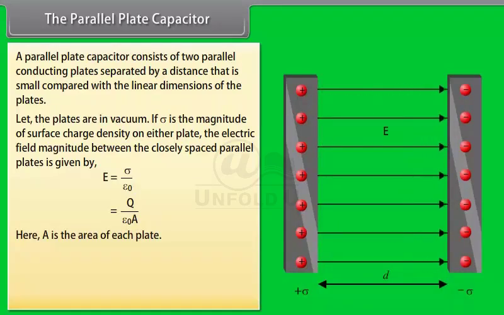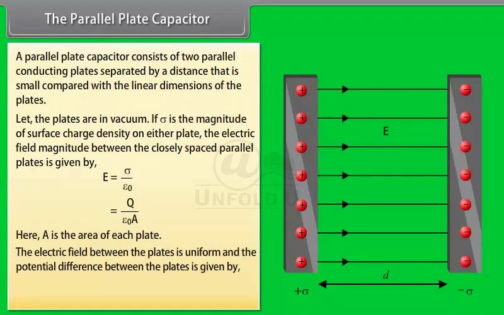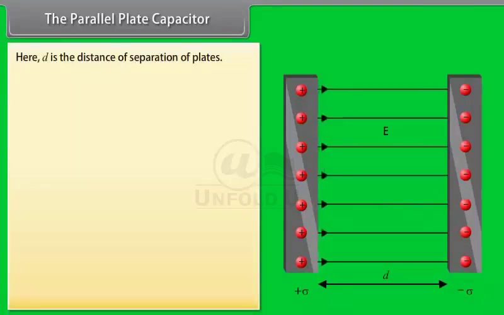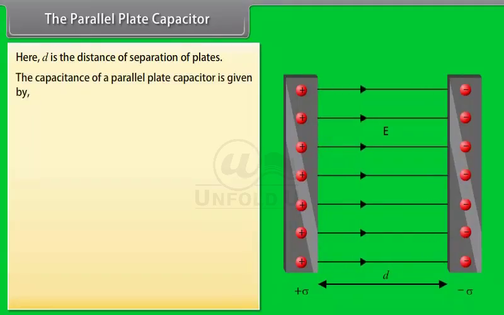Here, A is the area of each plate. The electric field between the plates is uniform and the potential difference between the plates is given by E D, which is equal to Q D upon epsilon naught A. Here, D is the distance of separation of plates. The capacitance of a parallel plate capacitor is equal to Q upon V, which is equal to epsilon naught A